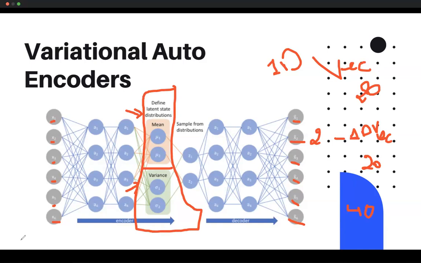Can somebody tell me what can you do with mean and variance? What does that give you? When you hear these two words, what is the first thing you think of? Let's see. Sample from what? From a? Maybe normal distribution. Absolutely. You will be sampling from a normal distribution of mean M and